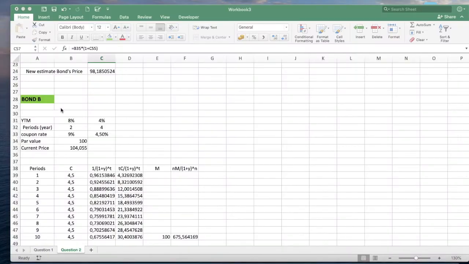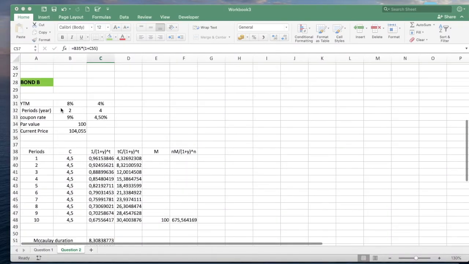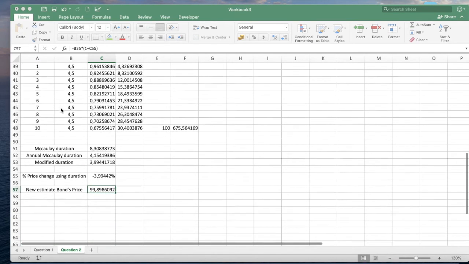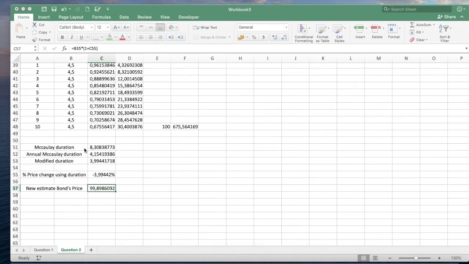This is for bond B, right? We have found a Macaulay duration equal to 8.30838. Then we converted this Macaulay to annual Macaulay duration. Then we have computed the modified one, and finally we found the price change, or the estimated price change, using the duration technique. See, so we have here minus